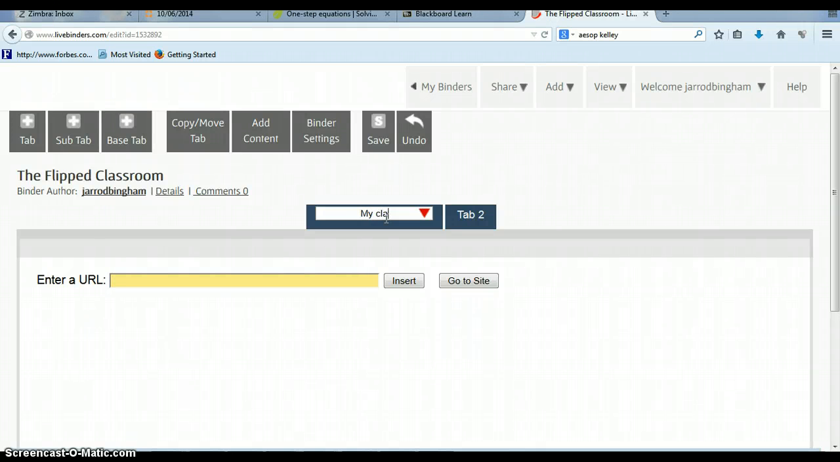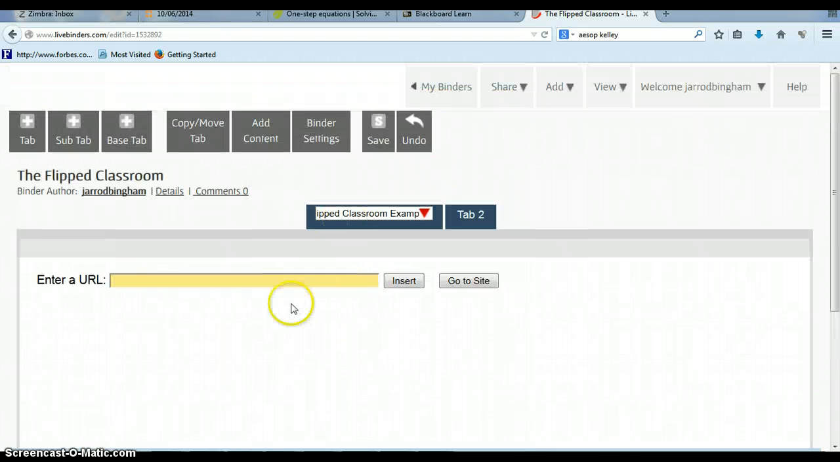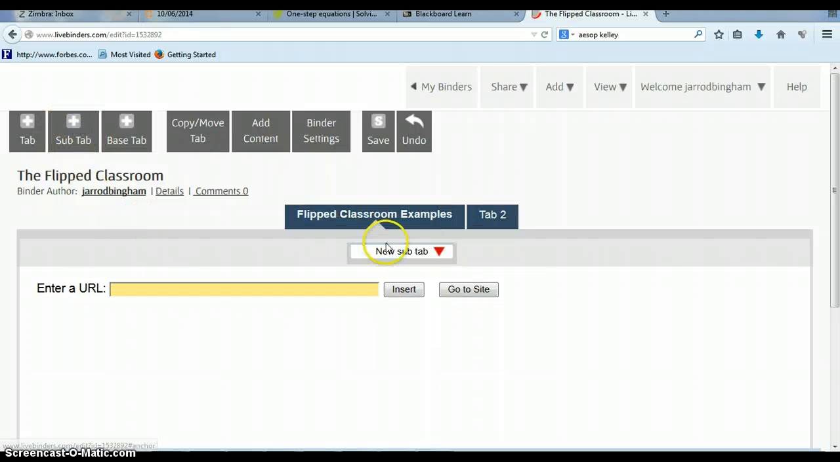So I did the first tab as flipped classroom examples. And now in this I want to put some subtabs so that I can have several different things under this one heading. Unfortunately, you can't do 2 levels of subtabs, just one. But let's go ahead and put in a subtab. So you see the main tab they'll click on, and then the subtab will be where I'm going to put my website,